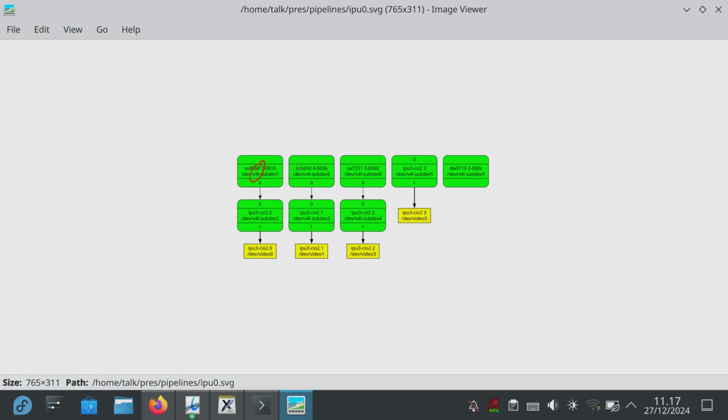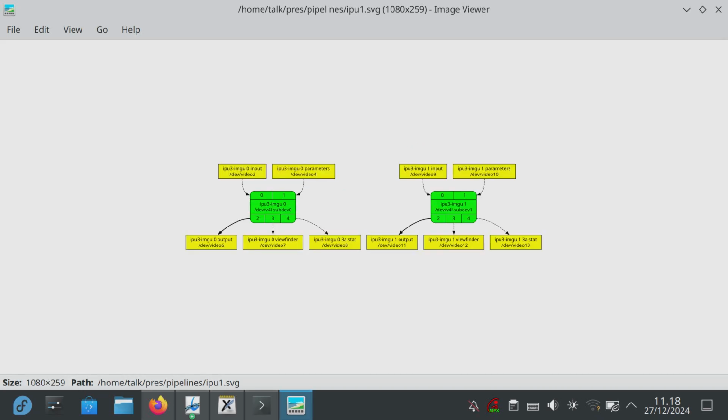There are 1, 2, 3 sensors, 1, 2, 3, 4 camera devices, but this one doesn't have any sensor. And what is this? This is actually the motor that controls the focus. So you have to also take care of that. You feed the pictures into those camera devices, and you get pictures out from different camera devices.